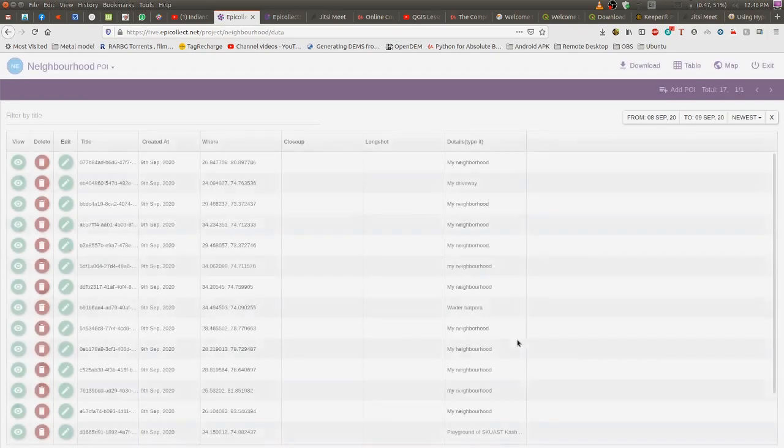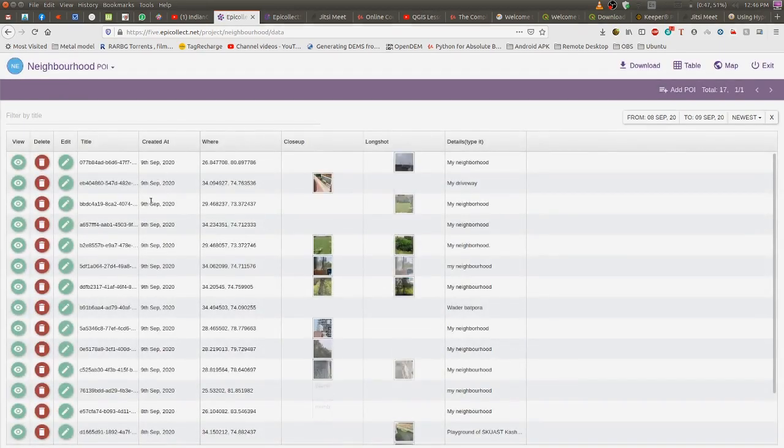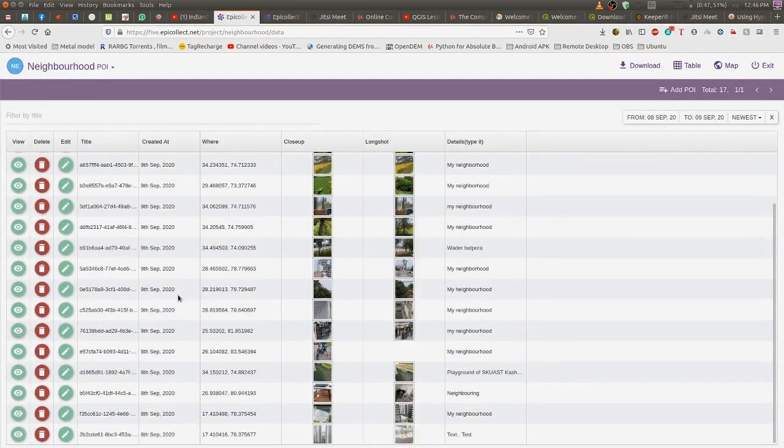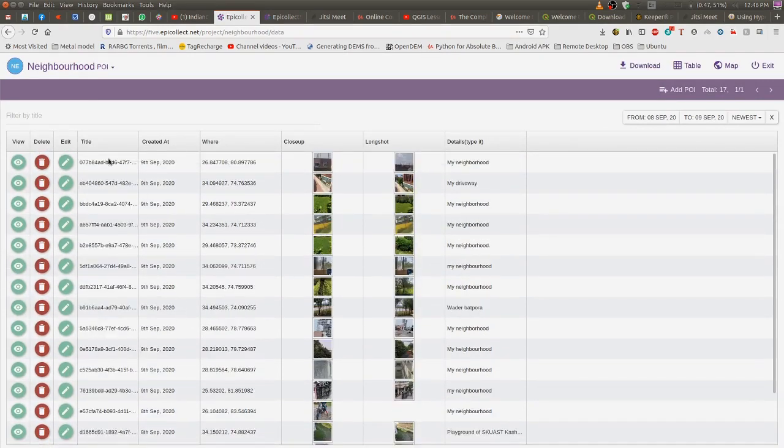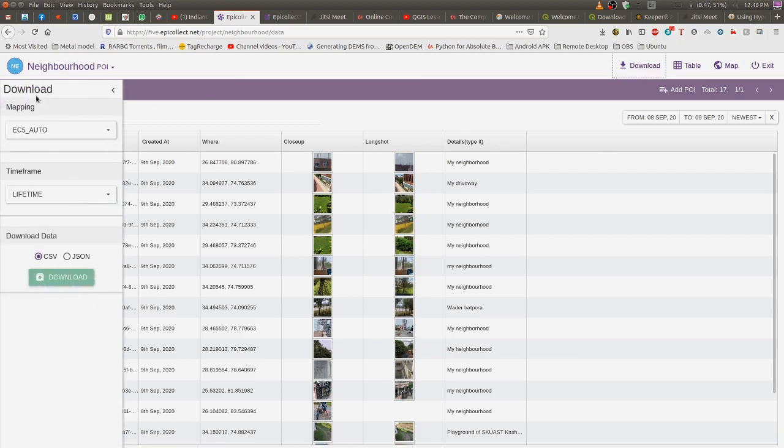Then we will be taken to the screen where the data is shown in the form of a table. These are the data which you people have collected, with the title, lat, long, and the photographs which you clicked at those locations. Now we have to download this data by going to download. You will be taken to this download dialog box, where this is the name of the table and this is the time frame.